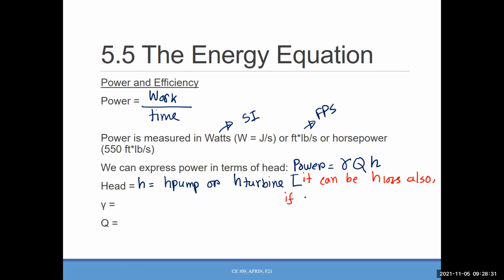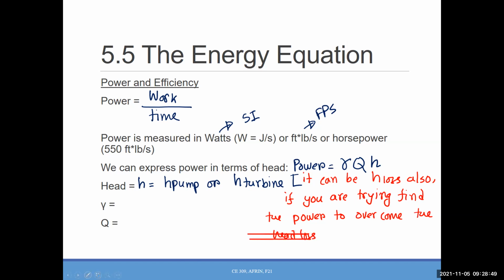if you are trying to find the power to overcome the head loss of the system. So what I'm trying to say by using this sentence, like when, suppose you're designing for a